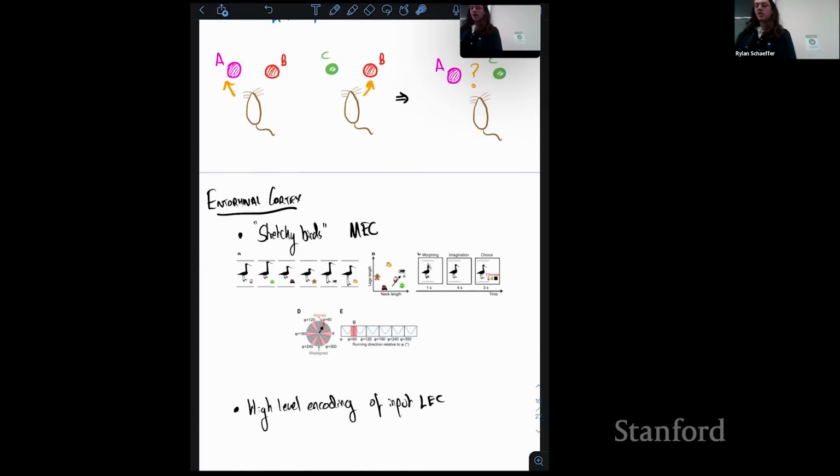No worries. So I've been talking about MEC, the medial entorhinal cortex. Another brain area that people don't look at as much is the LEC, the lateral entorhinal cortex, but it will be important for this model. The only bit you should be aware of before we get to the model is that the similarity structure in the lateral entorhinal cortex seems to be a very high level semantic one. For example, you present some images, and in the visual cortex, things are more similarly represented if they look similar. But by the time you get to the lateral entorhinal cortex, things look more similar based on their usage. For example, an ironing board and an iron will be represented similarly, even though they look very different, because they're somehow semantically linked. So that's the role that the LEC is going to play in this model.